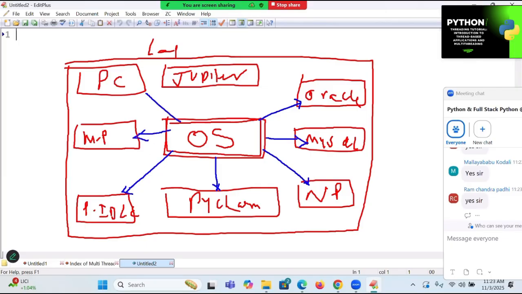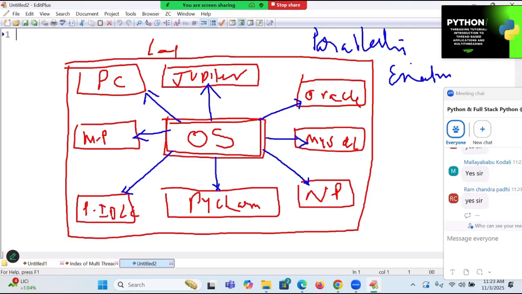Services are provided from the OS. So the OS is able to provide the services parallelly. The word parallelly is important here. Parallel execution is very important. Parallel execution is nothing but concurrent execution.